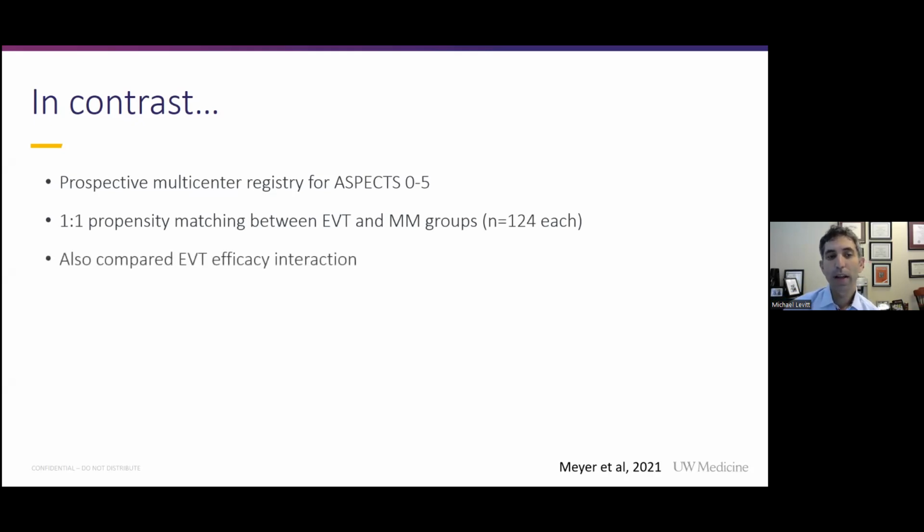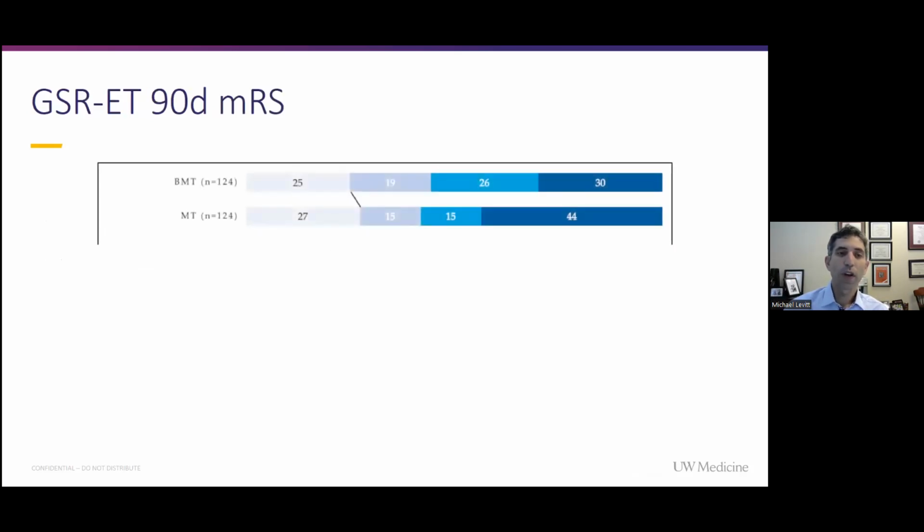And they also looked at the efficacy interaction with thrombectomy. So not just whether the patient got a thrombectomy or not, but how effective that thrombectomy was in reestablishing flow, which is not always captured in these trials, which sounds strange, but it isn't. It's a randomization of the treatment to the treatment group, but not necessarily the success of the treatment, right? So this was their 90-day modified Rankin, and the top is